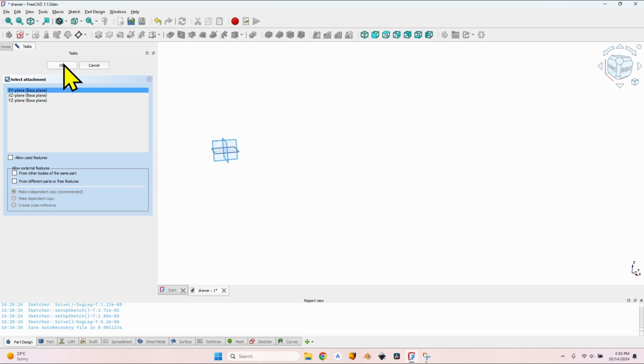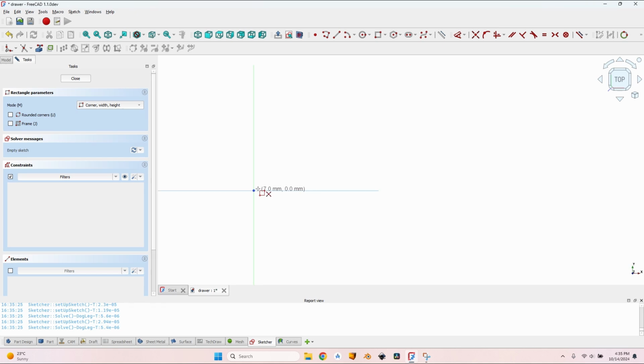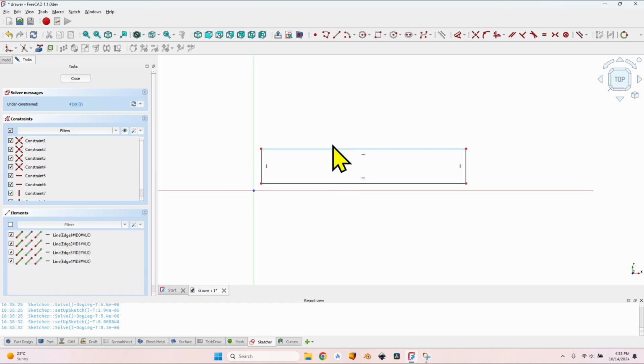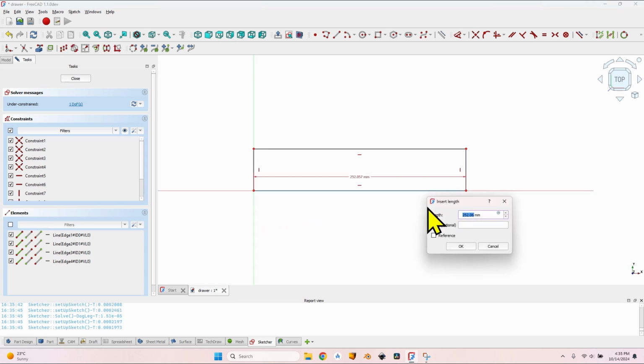I will use the XY plane, so we are going to have a top projection of that board. Let's draw a simple rectangle. I should have set it in the origin, but I can select this corner and the origin, press C for coincident constraint. Now let's set its length, and after selecting the bottom line, pressing the L key to enter a